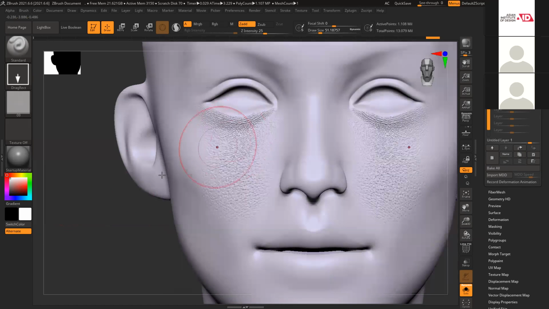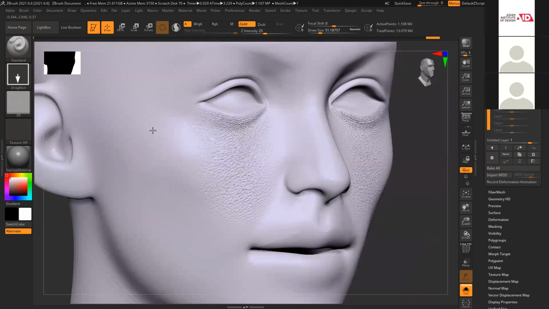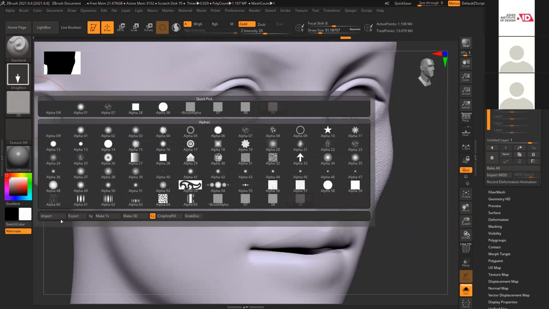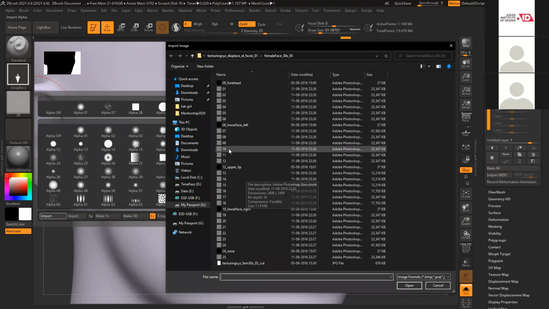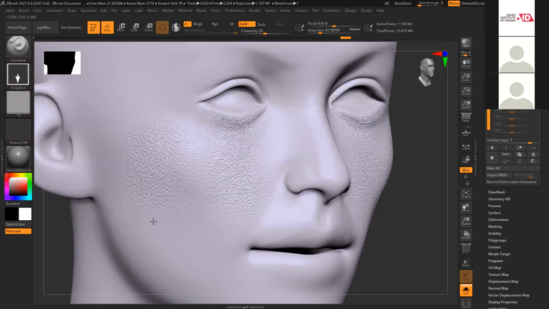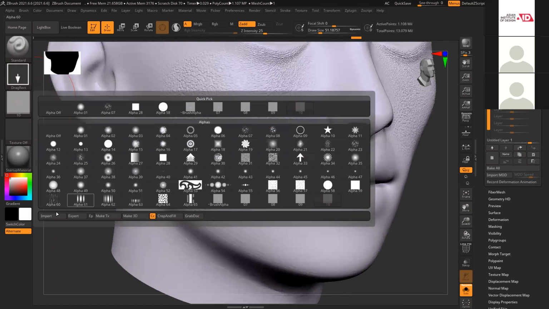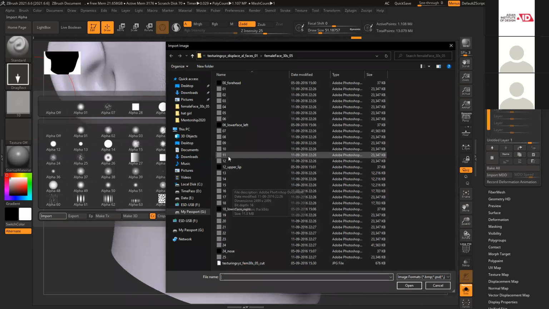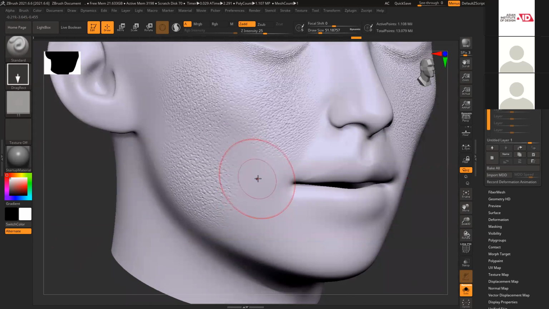Then number 9. Then we have number 11 and number 10. Because detailing is the easiest part, getting the shape correct is the most difficult part.